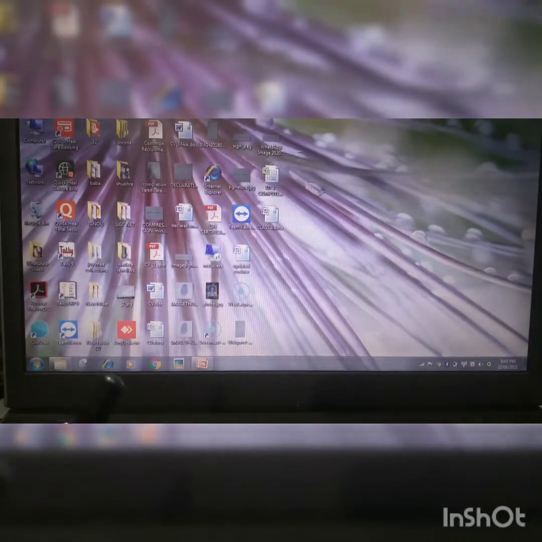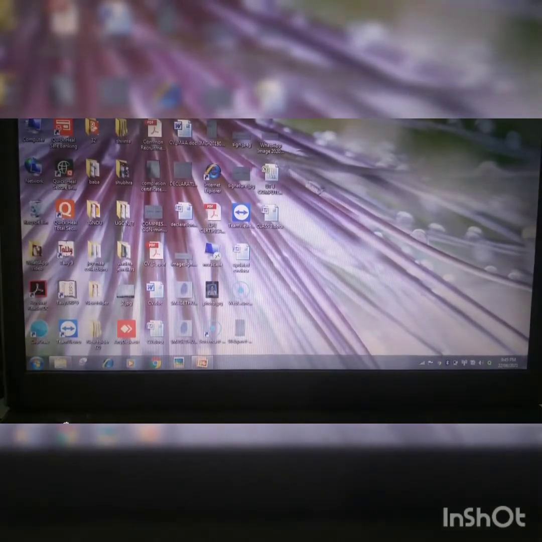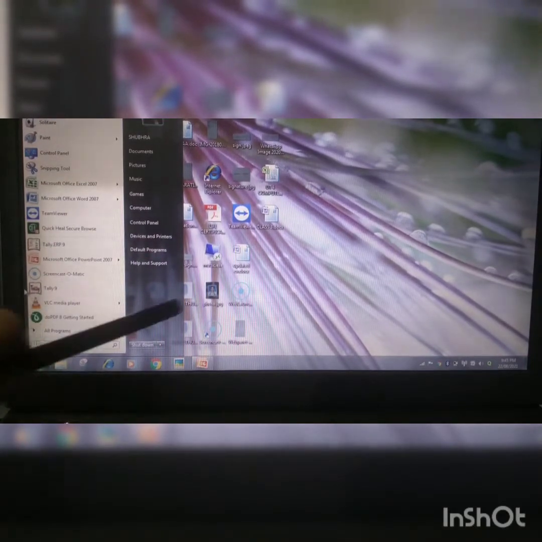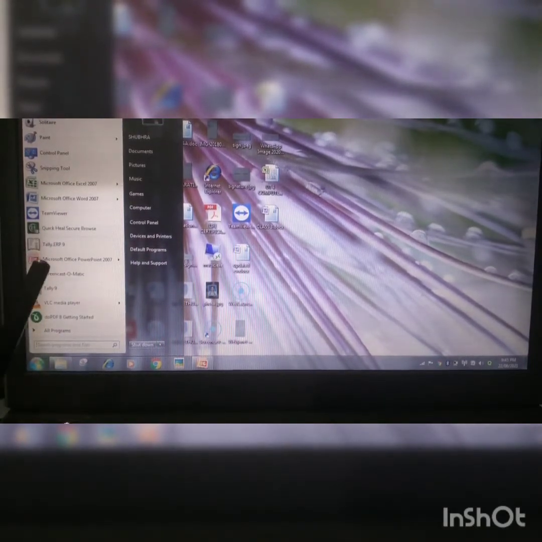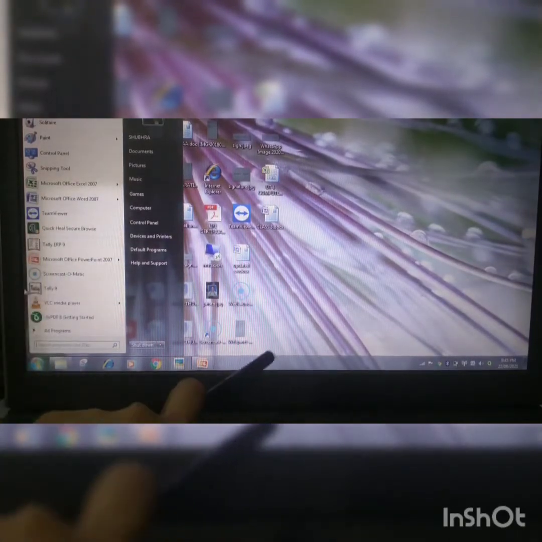So kids, to pin an application in the taskbar, we first need to click on this start button here. The start menu opens. This all is the start menu. For example, I want to pin Microsoft Office Word in the taskbar.